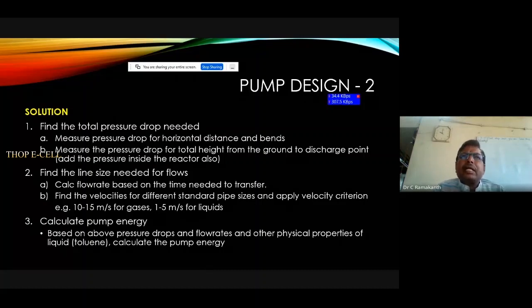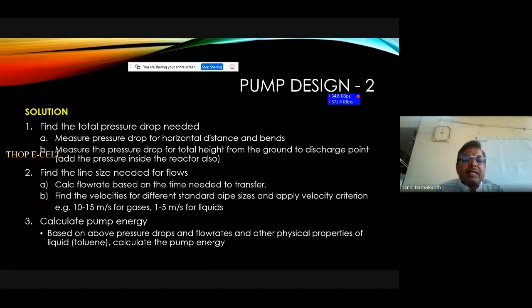So that is how we define the pressure rise needed. The pump delivery pressure should be, let's say, 5 bar. If we get around 4.5 from all this calculation, we add 10% more and make it 5 bar, and then say we need a pressure delivery of minimum 5 bar for this particular pump. And then, how much should the line size be?